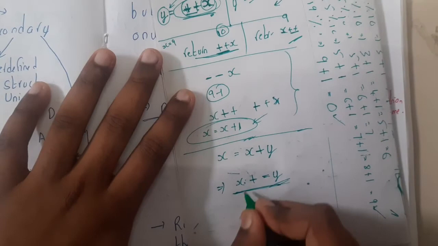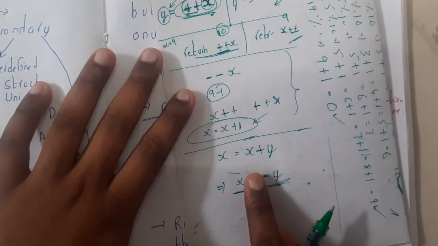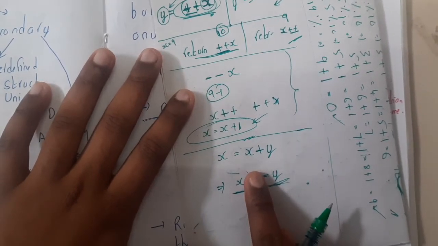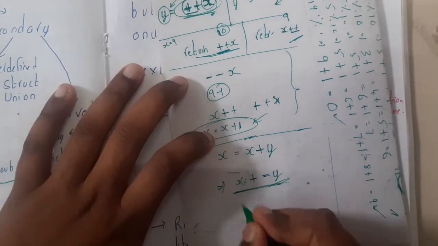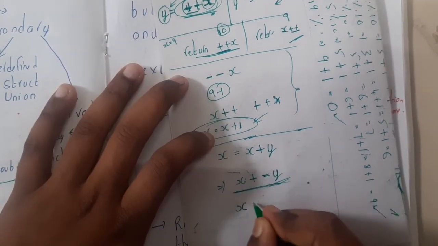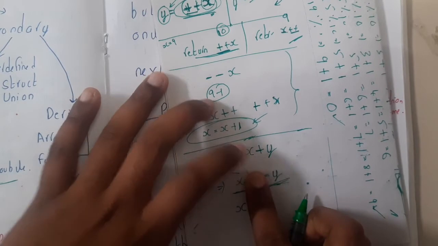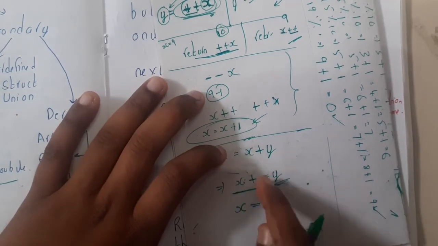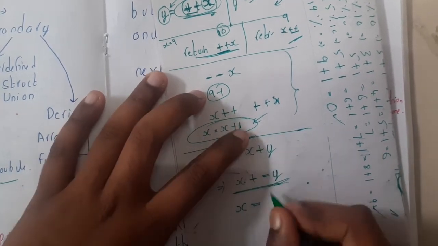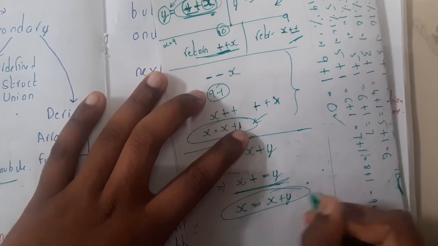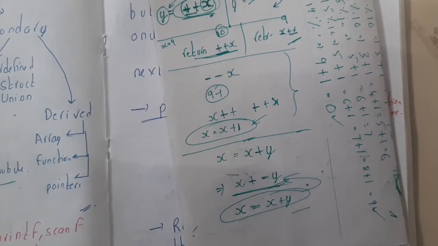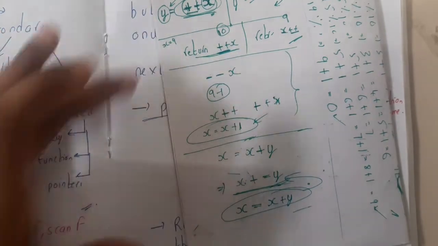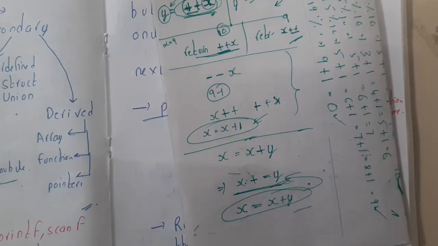A simple trick for this is to first close the operator, guys. What you are seeing on the left side is x, so write it down. On this side you are seeing equal to, so if you close it, x equal to. Now close this equal to: x plus y. So x is equal to x plus y. That's what it is trying to say. In this way you can decode the shorthand notations. Now you have got some basic idea about the concepts which we have discussed.